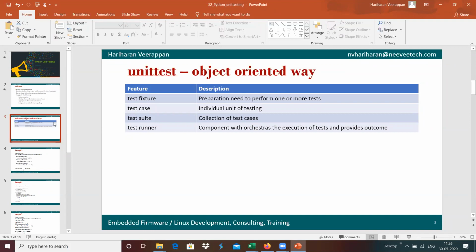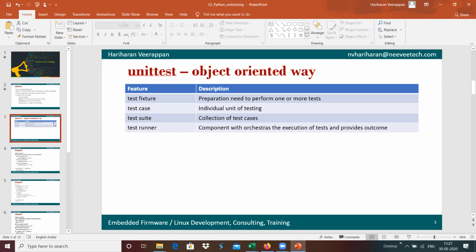And a test case is the individual unit of testing. It is something like an individual unit test, an individual member or individual function's test case. And if we have a test suite, which means a collection of various test cases, they can be collected and aggregated into a single test.